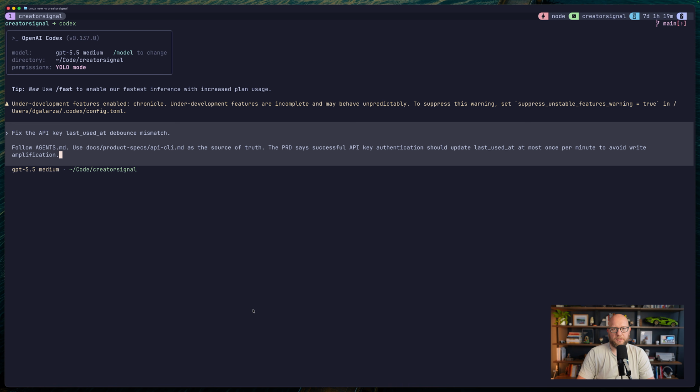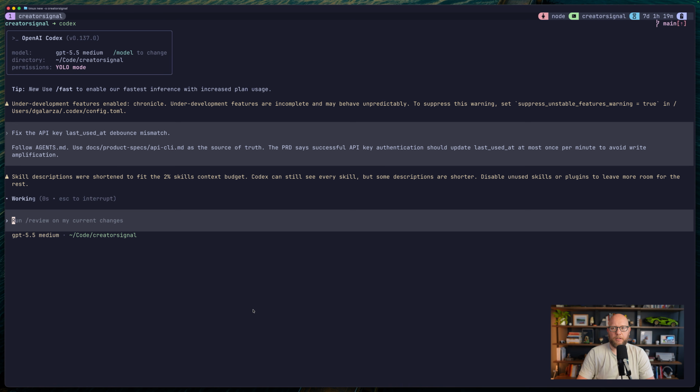So what we're going to do is take a look at a feature that was implemented a little bit incorrectly. We have a feature for the API where the PRD specifically calls out that every successful API key authentication should update the last used at, but only once per minute to avoid write amplification. And that's not happening right now. So I'm going to go ahead and submit that prompt to